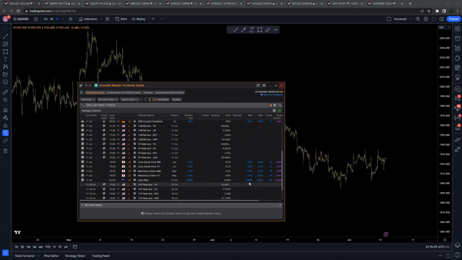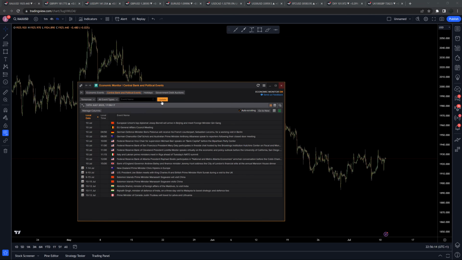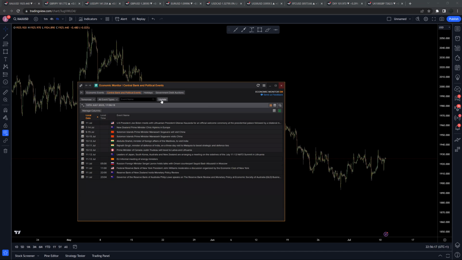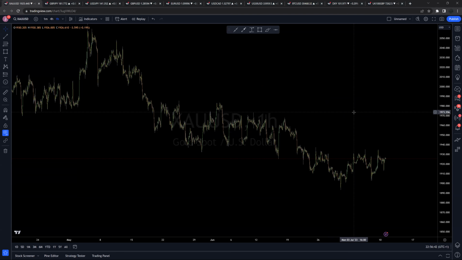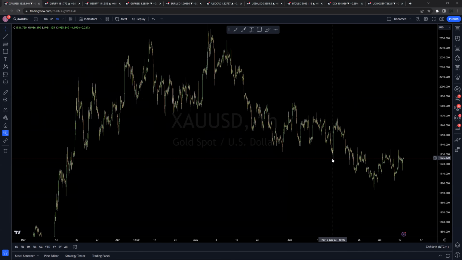Otherwise, nothing really going on through the North American trading session tomorrow. We do have a couple of Fed speakers, actually just one at 11 a.m. Eastern, London session close, John Williams. More than likely, with what we've seen with the collection of Fed speakers today, his comments won't hold that much weight unless he's really bringing something new to the table. So with a lack of fundamental events, no reactive events, geopolitical is relatively quiet, market focus on inflation data midweek, it does look like we're going to remain in the secondary phase of market structure.